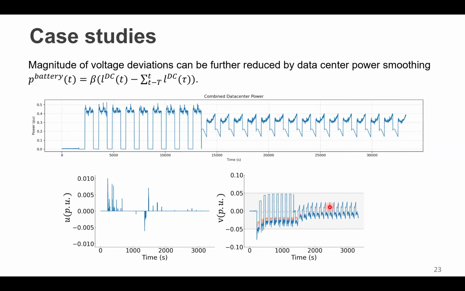PCC, Maria. It's a PCC. Well, if the point is the point of common contact, then that is all filtered out. You don't see any of these fluctuations because the transformer filtered them out. So which rate are we chasing here? Okay, here we can imagine it as a node on the primary transformer side, which is where the voltage is measured. The point of contact is the secondary side of the transformer.